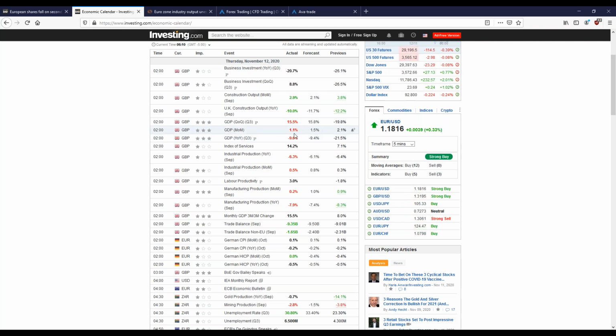GDP month over month lower than expected, barely over 1% growth. You all probably saw the GDP out of the U.S. The U.S. didn't lock down their economy as much for as long. They opened quicker, and the GDP broke huge records, over 33% GDP growth with the last numbers that came out, right? Exceeded expectations. Here we see the opposite, not meeting expectations for GDP growth, quarter over quarter, month over